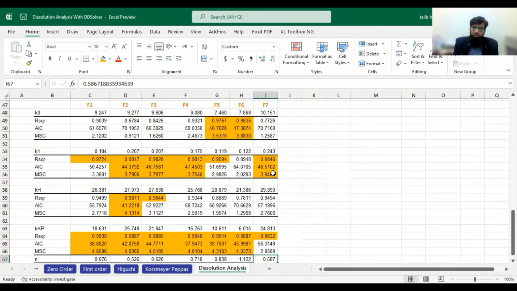The last one is dependent only on first order kinetics. So it is dissolution kinetics. As it is not following Korsmeyer-Peppas, we cannot apply the n value. We can define it from this model, which is the K1 first order model. The first order model defines that it is a concentration dependent system. The higher the concentration dissolved, the higher will be its diffusion, and the lesser the concentration dissolved, the lesser will be its diffusion. So it is a purely dissolution dependent system. A dissolution dependent system cannot be classified under a hydrogel system.